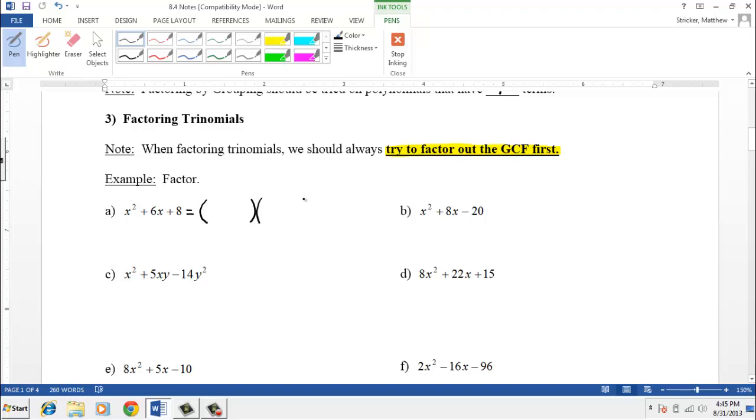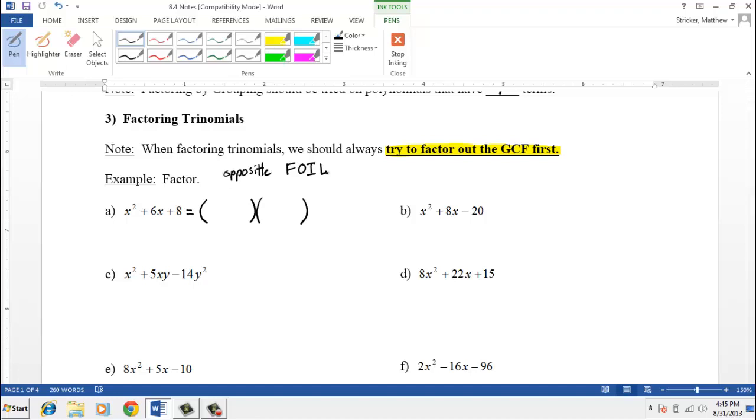And so when factoring this, we need to remember that any type of factoring is the opposite of multiplication. In particular, this type of factoring is the opposite of what many people like to call FOIL. And so let's work through this, and then we'll go back and show you how it's the